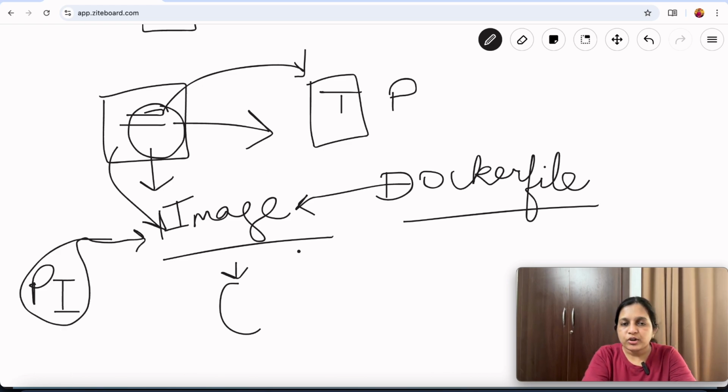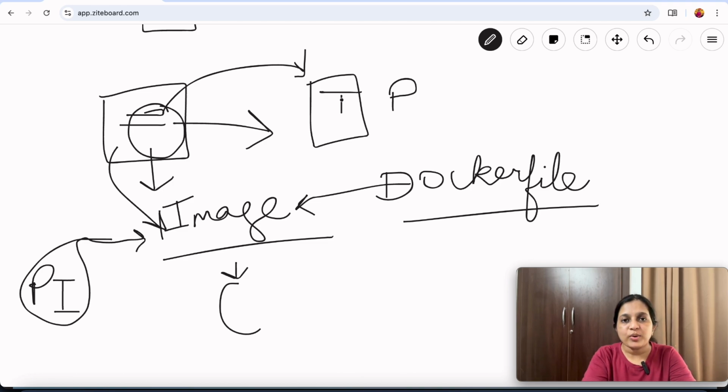So this is the problem that Docker solved, the classic problem: it works on my machine. That is okay, it works on your machine. Ship your machine. Create an image using a Docker file, and that image will run in a container, and then you can easily share that image with anyone you want. And if that system has Docker installed, then this image will work perfectly, because it will include all the configurations needed to run the application. All right, so this was the issue Docker solved, that is, running the application independent of any operating system.